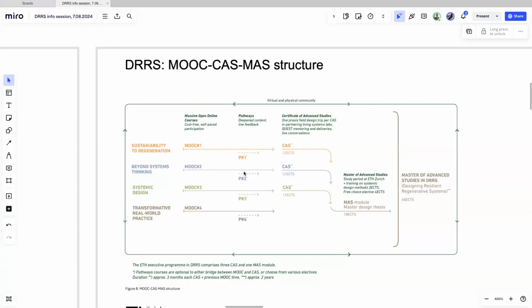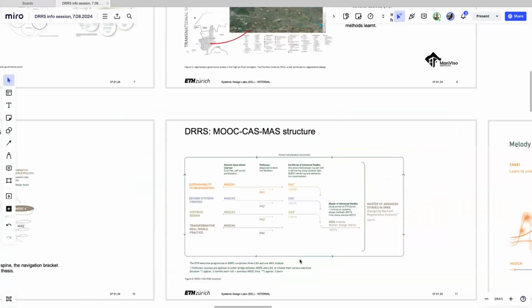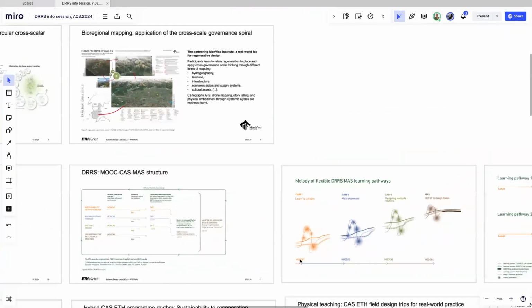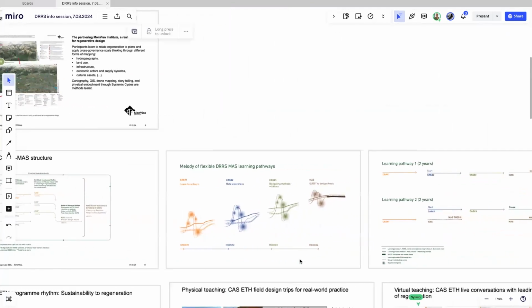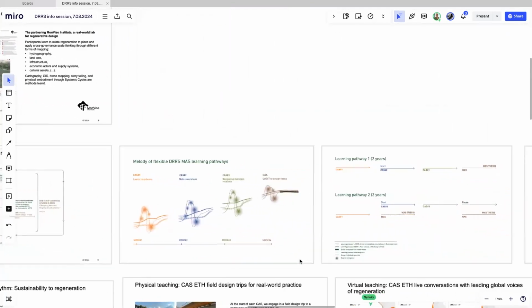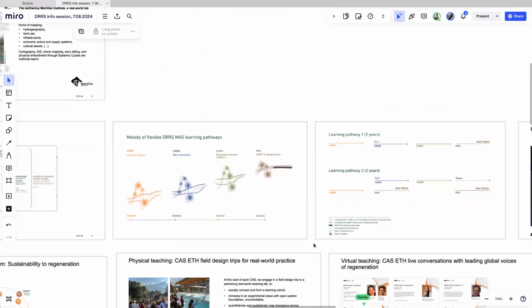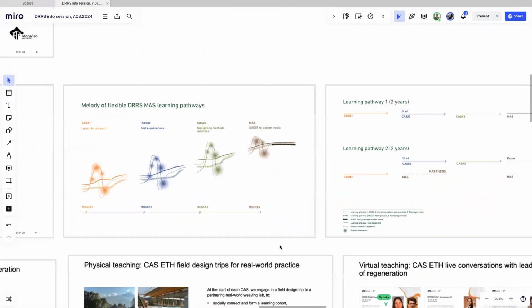We have different other courses in here. Some of them exist already, some will come in some time. We call them pathway courses. They deepen the content of the MOOCs, but they don't reach as far as a CAS. They also take less time and are less costly. We're showing some of these pathway courses or elective courses later on. So I want to hand over to Sylvia. Sylvia will take us a bit through the melody, how these different elements come together.